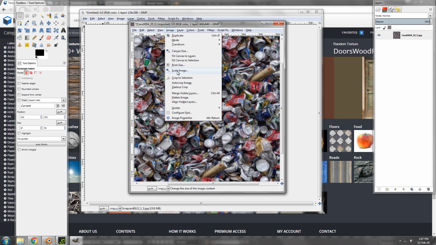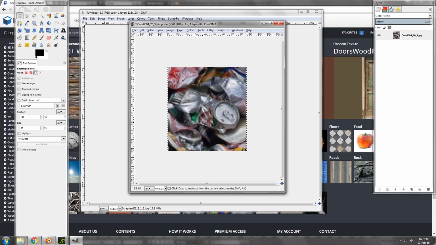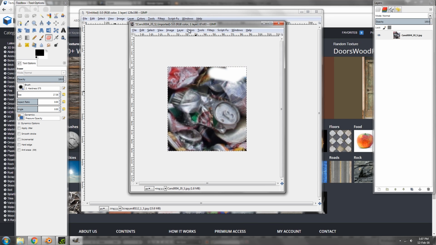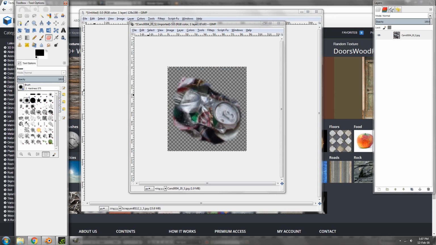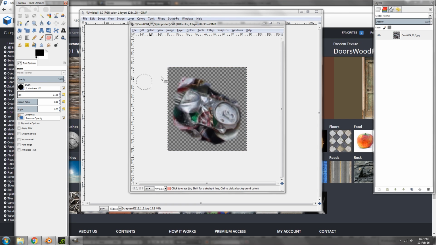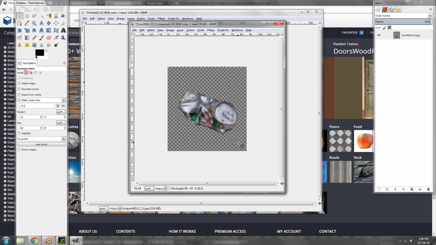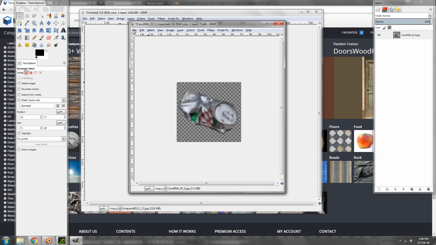So image, crop to selection, and then get out the eraser. And before we do, transparency, add alpha, and then just get rid of the outside. And if you want a bit more defined textures, you can choose this brush. Now what we can do is, again, select the texture here, image, and crop to selection, then go File and